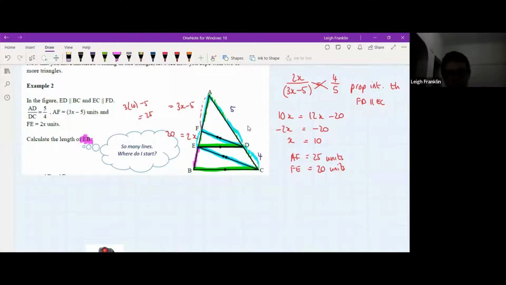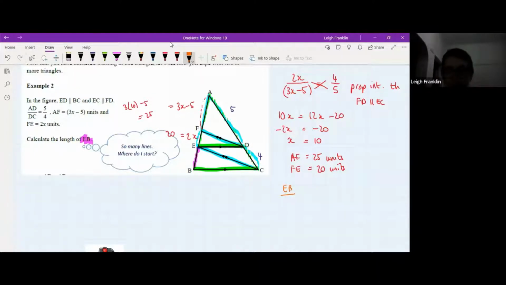All right. So now that means that we know the length of AE. We can work out the length of EB because we know what proportions the other side, now we're looking at the green triangle, what the other side is, which is AD over DC. So now that we've finished working in the blue triangle and we've solved for X, now we need to go back into the green triangle and make a proportion with EB in it that's going to help us solve our problem. All right, so I am going to say EB